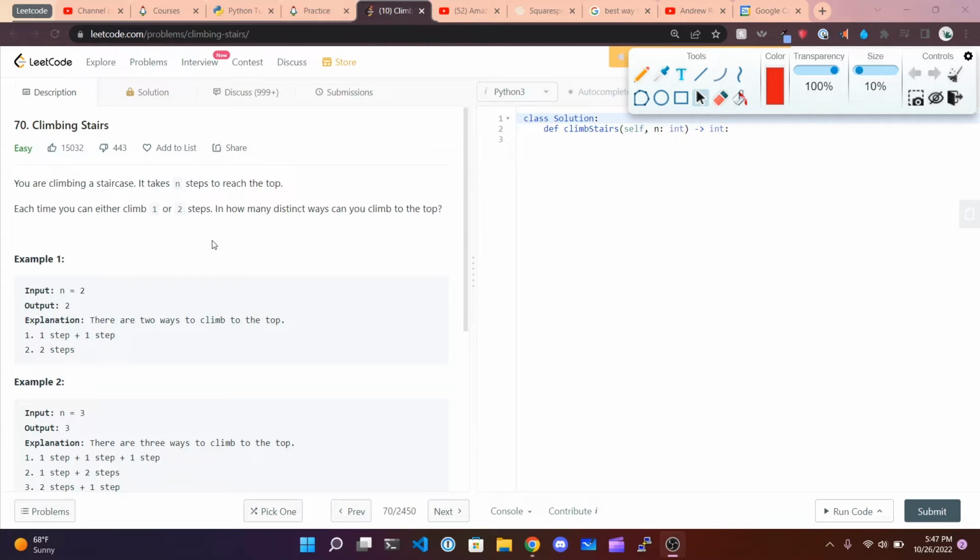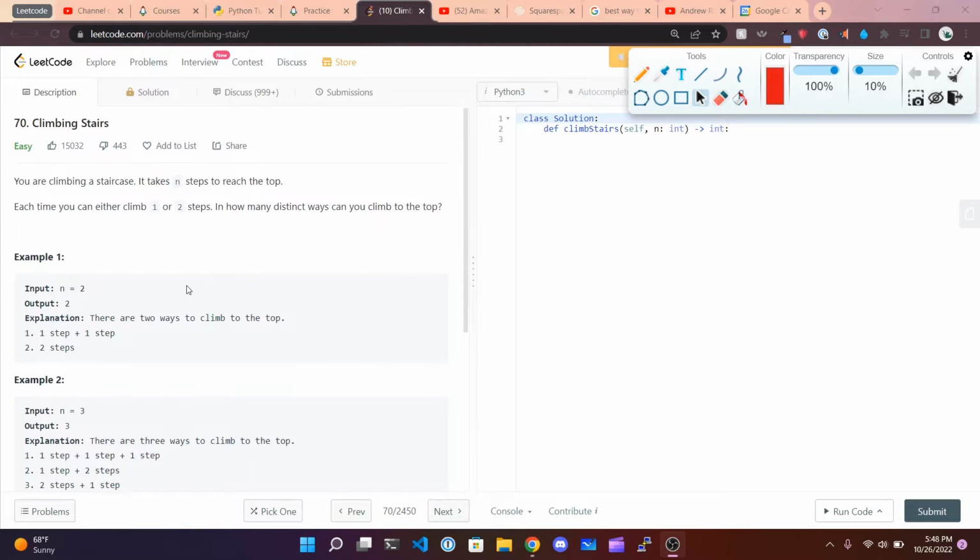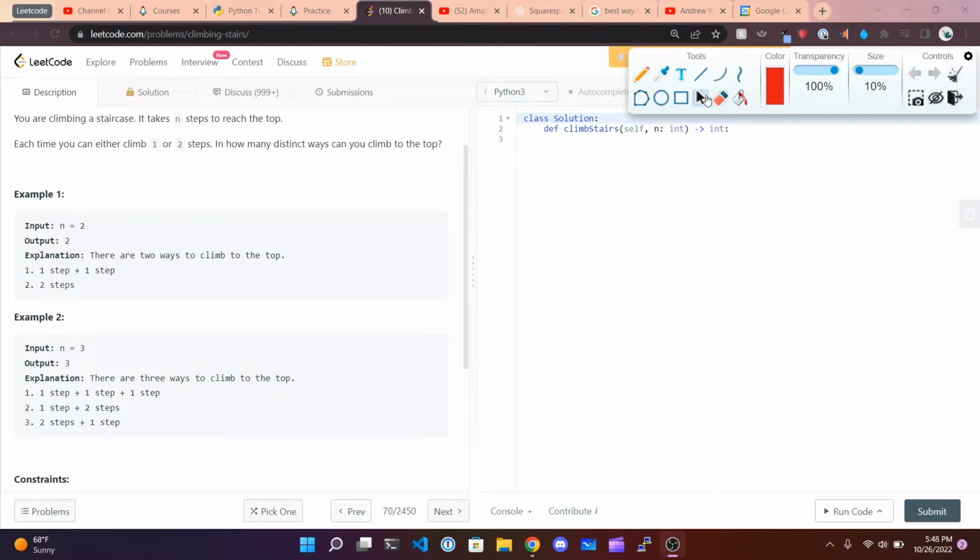Alright, so this is LeetCode 70, Climbing Stairs. It says you're climbing a staircase, and it takes n steps to reach the top. Each time you can climb either 1 or 2 steps. The question is, in how many distinct ways can you climb to the top? Okay, so for this example, our